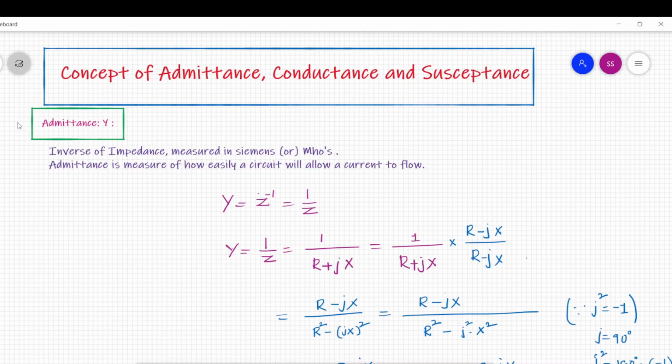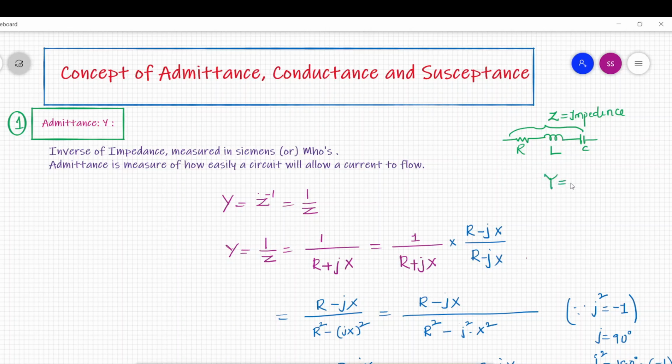The first thing we need to know is admittance. So what is admittance? In a series circuit, the series combination of elements that oppose current is called Z, that is called impedance. Our resistance, inductance and capacitance oppose the flow of current, and that is called impedance. Now in parallel circuits, the reciprocal of this impedance is called admittance.